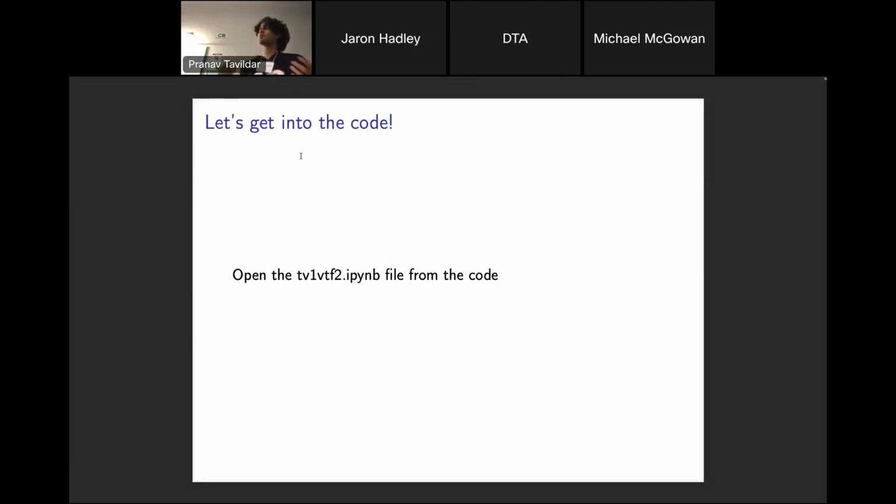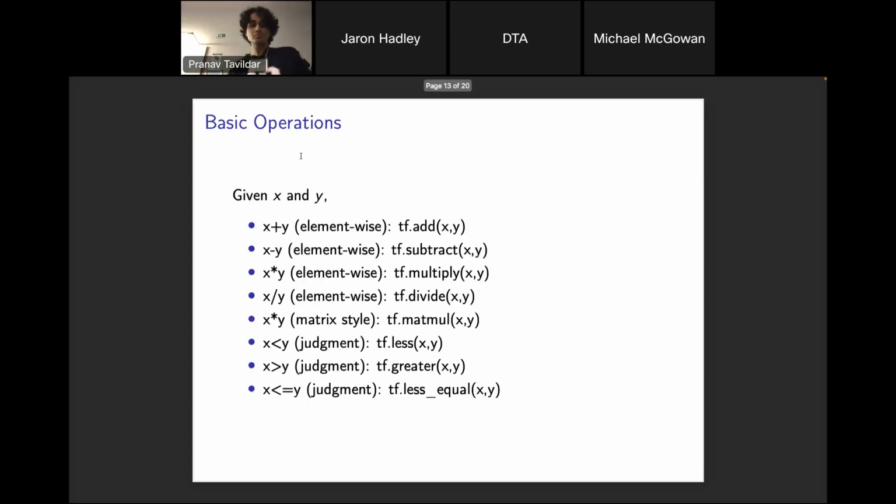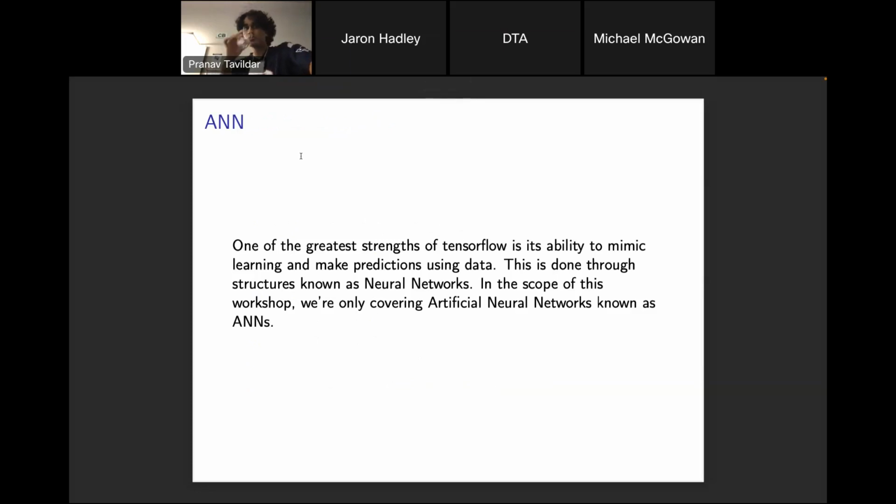And I'll just give you an overview of what we're going to do. How are we going to make our code think like a human? Also, these are just some common matrix multiplication and operations that you could be using if you want to do stuff from scratch. But we're not doing that.